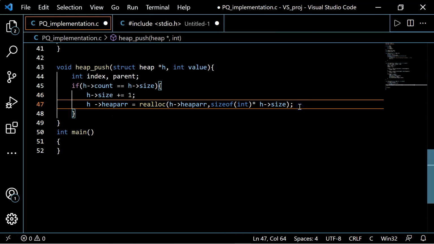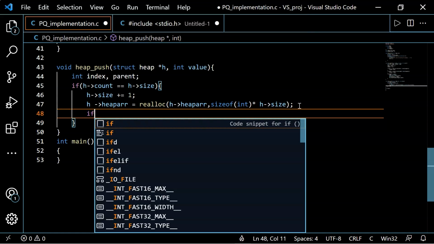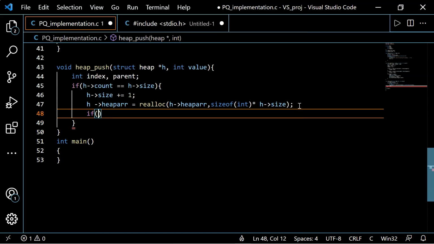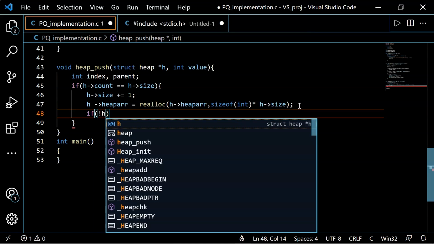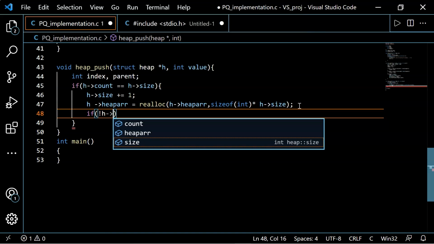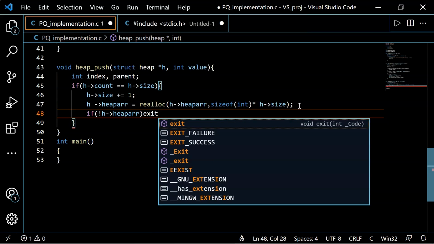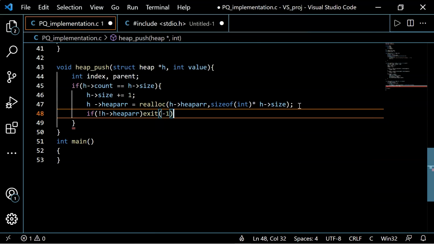And now, once done with this, we'll check if our dynamic memory is getting allocated or not. So for that, we'll add one more if condition inside this if block. It can be called a nested if if you guys want. If not h.heap_array, then exit(-1).